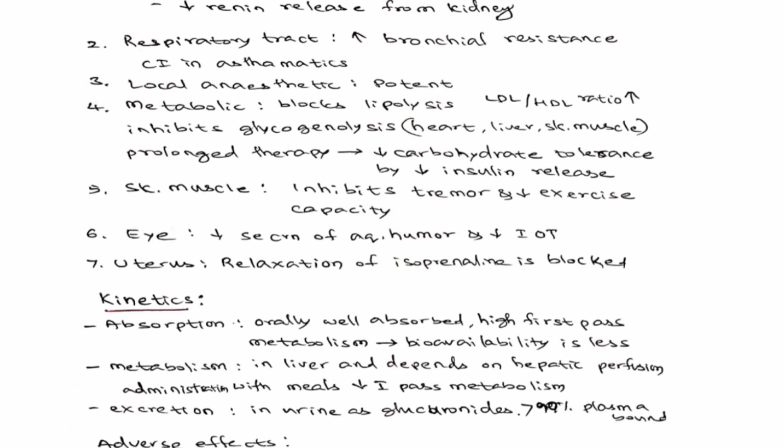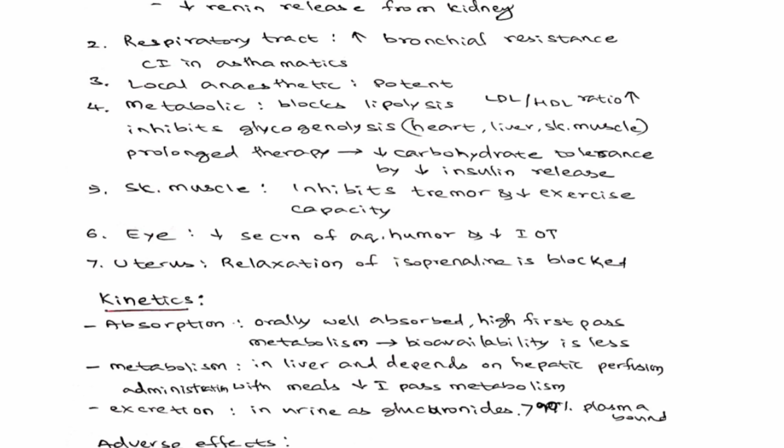Beta blockers inhibit glycogenolysis in heart, liver and skeletal muscles. Thereby, it reduces the blood glucose levels and also there is a decrease in insulin. Insulin release is reduced, which may not be beneficial in pre-diabetics. It is an adverse reaction in pre-diabetics where carbohydrate intolerance can occur, leading to